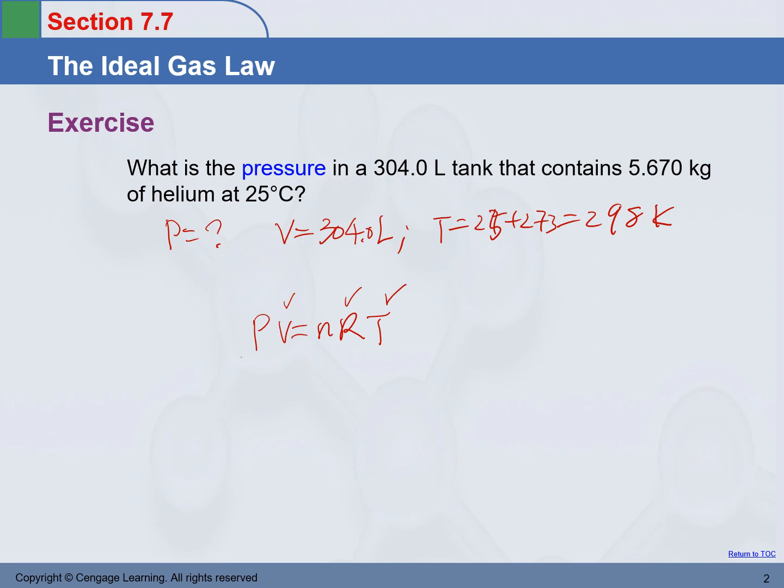If we want to solve P, we know we need n, the number of moles. Well, moles is not given. What is given is the mass